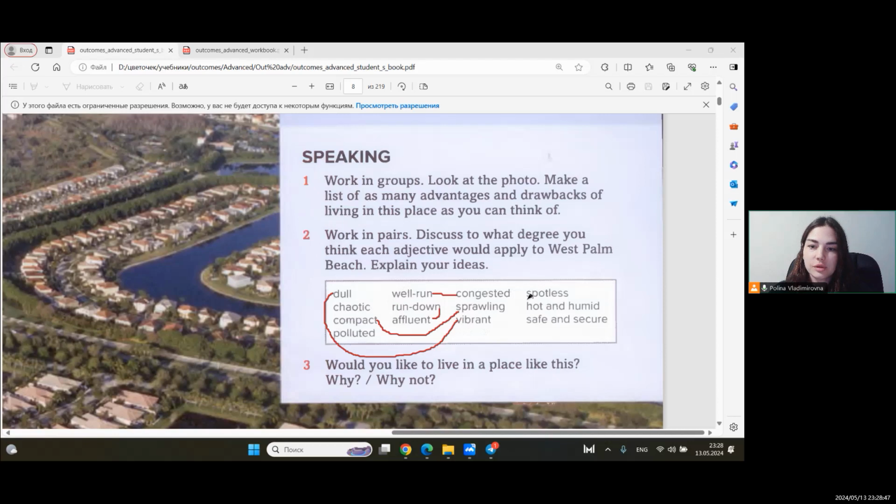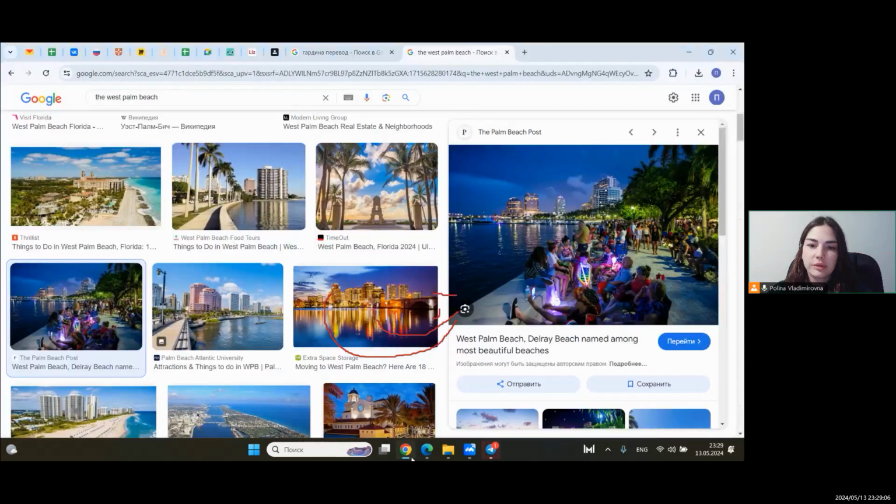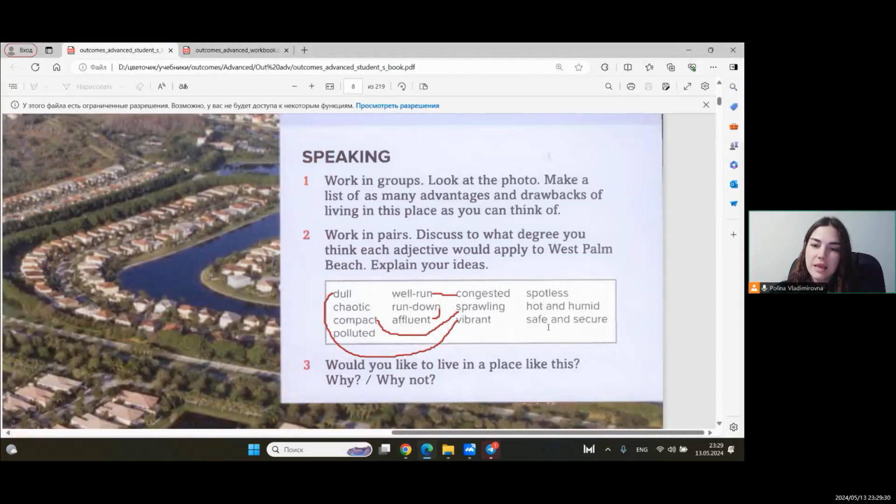Spotless means if there is no graffiti, if there is no rubbish in the streets. Hot and humid, safe and secure. Okay, so as for dull and vibrant, I think we can easily judge from this picture that the city is vibrant. It means the nightlife there is wild to some extent, right? And I think it's safe and secure